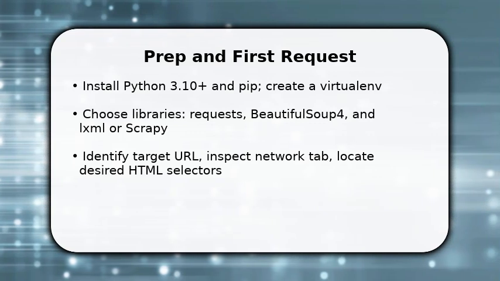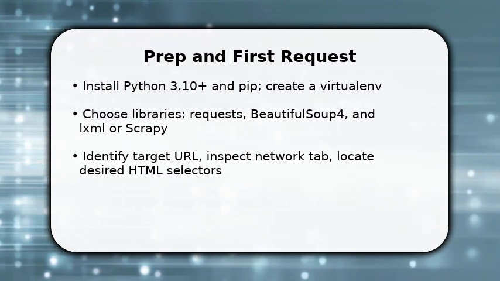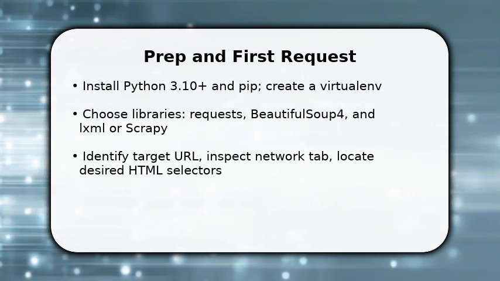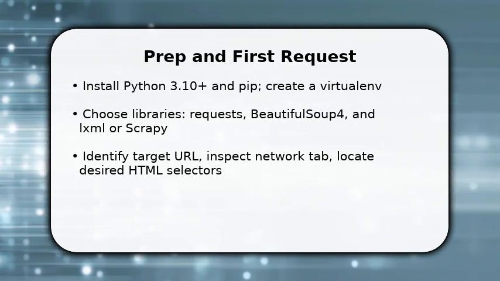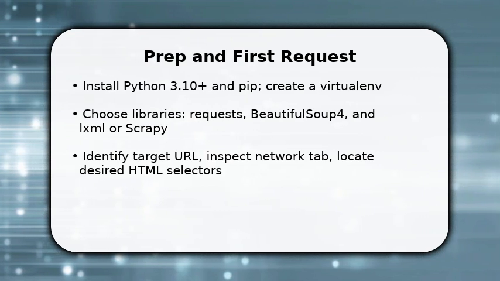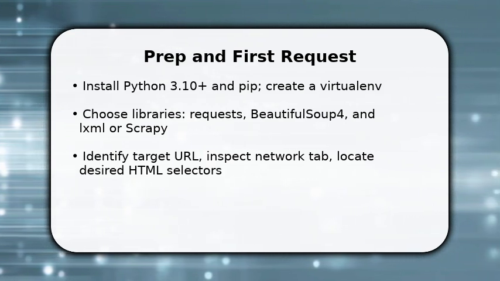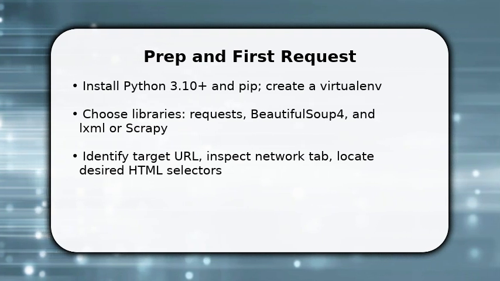You start by preparing a contained environment so installs don't conflict. Create a virtualenv and pip install requests, Beautiful Soup 4, and LXML. Once done, open the page and use the browser inspector to find the exact HTML selectors you need, because precise